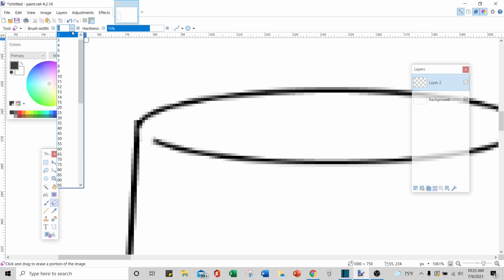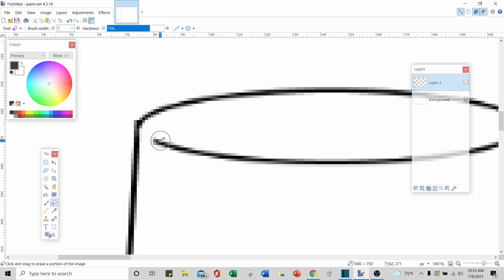To make it easier, I'm going to increase my brush size from 2 up to 7. Just keep in mind, you should always remember when you switch brush sizes, just make sure you keep a mental note of what that brush size was in case you need to go back and draw with it again, which in this case we will. So I'm going to erase this line,